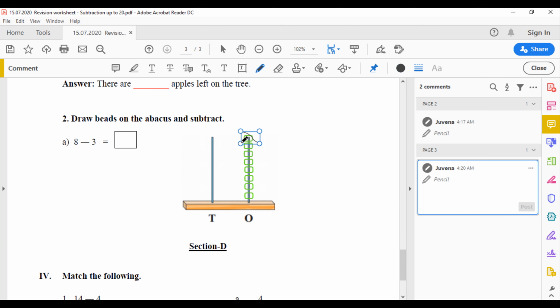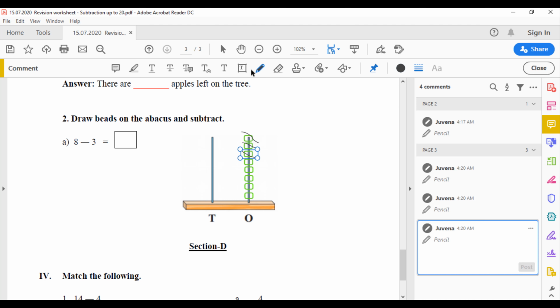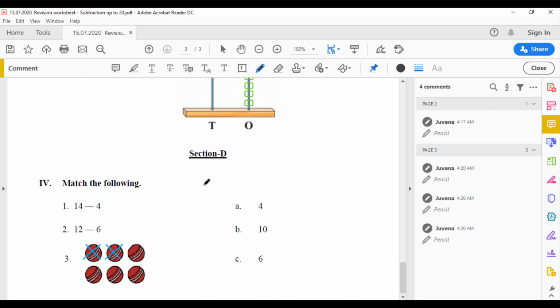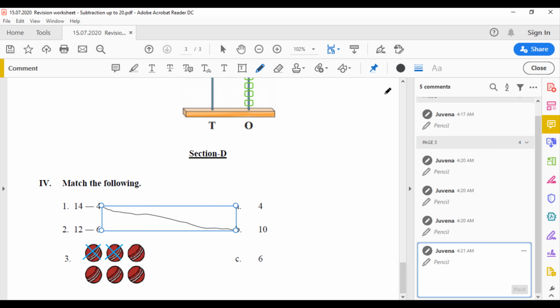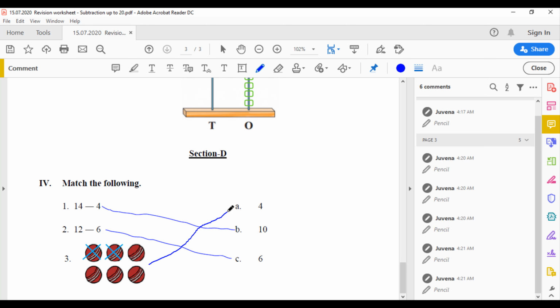If you want to strike out with the pencil tool, you can do that by selecting the pencil tool from toolbar and drawing a line. If you want to match something, you can do it by using the pencil tool. You can drag and draw the line to match. To get released from any selected tool, you can choose another tool or you can select the mouse pointer.